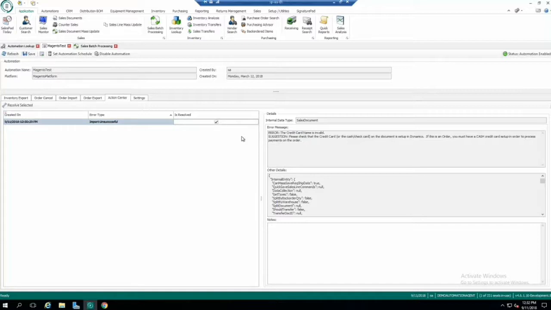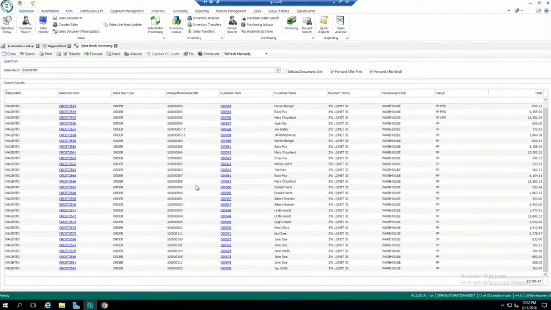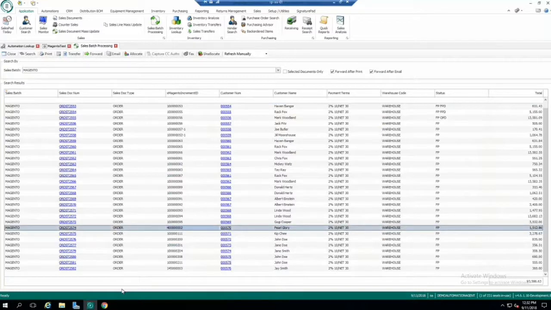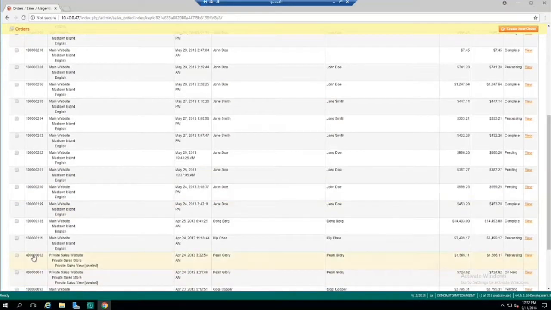So everything that can import successfully will, and the exceptions are going to be handled on a one-by-one basis through the resolution action center here. So that was the order import example, and you can see that I have Magento increment ID, user-defined field here. And so, for example, if I want to go back and reference order numbers, I can actually see here's that